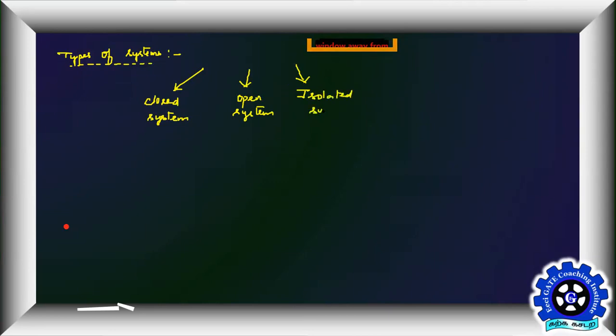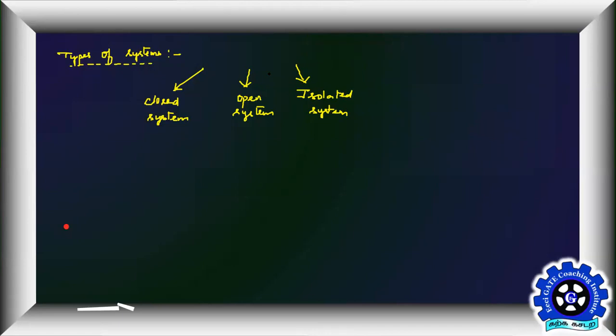You will see the thermodynamics also in the same way. I'll divide the entire thermodynamics something like this only. A system can be a closed system, an open system, or an isolated system. Don't think closed means it's a closed one, and open means an open one. I have seen a lot of students thinking like that. No, it's not like that. There's a different definition for these kinds of words. But it's very important. You should identify what kind of system they're talking about in a given question or application.